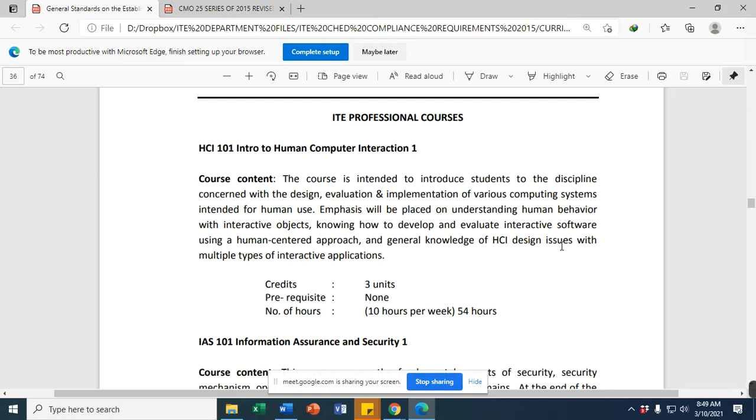But since this is an introduction to human-computer interaction, I will not be expecting that you will be making prototypes that are